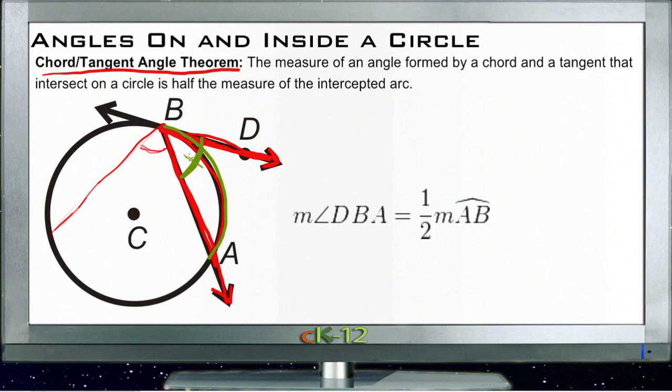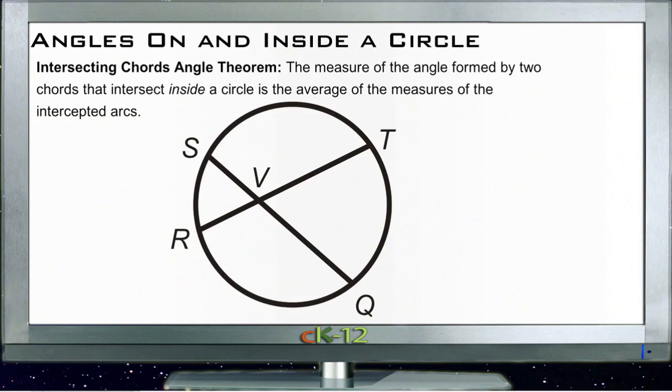If we happen to know this angle right here, then we know that the intercepted arc is going to be twice that much. Then the other theorem we're going to use is the Intersecting Chords Angle Theorem. The Intersecting Chords Angle Theorem basically says, using the fact that we already know that these two angles here are going to be the same because they're vertical angles, right? If we were to take this chord, the measure of this chord right here, SR, and then add this chord right here, TQ,